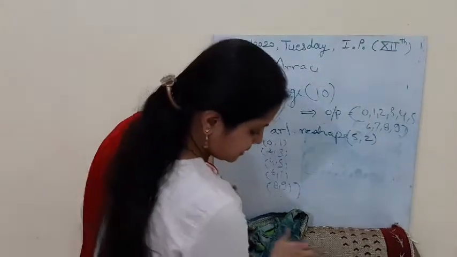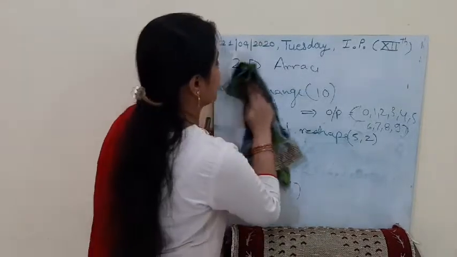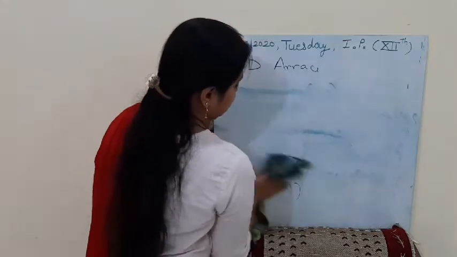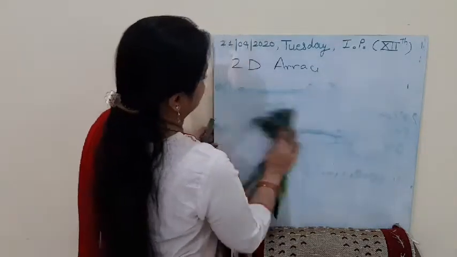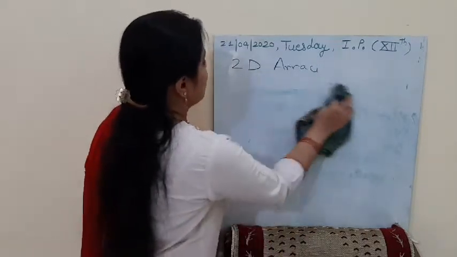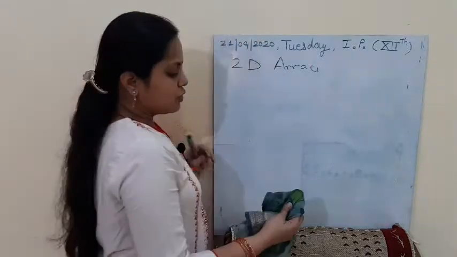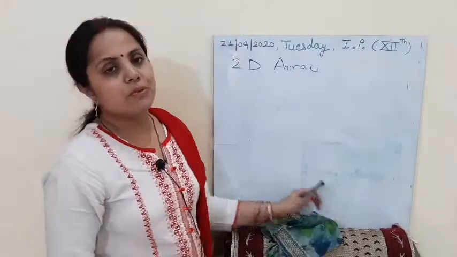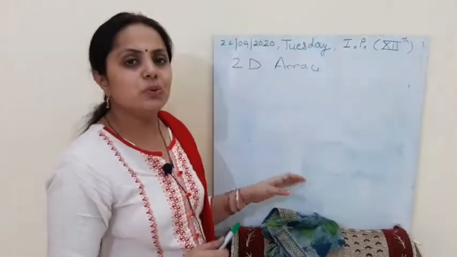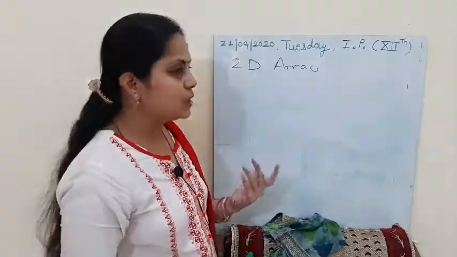Now, next we are going to study some alternate methods of creating arrays, whether they are 1D or 2D. After creating these kinds of arrays, there are some needs, like you all know about the identity matrix, the matrix of zeros, the matrix of ones, and how they will be created. If I use this method, it will be too tedious because I am entering each value again and again.